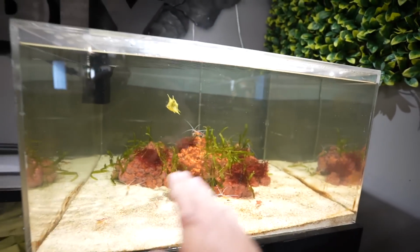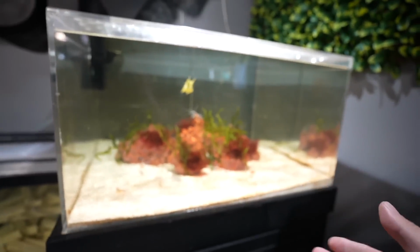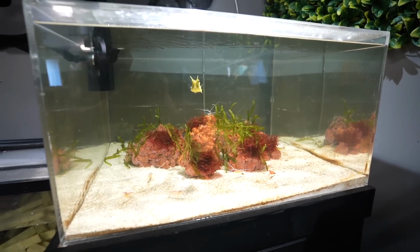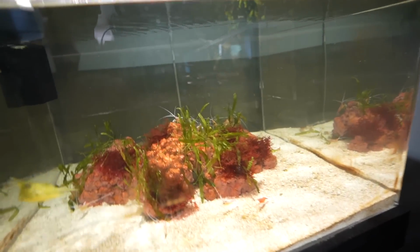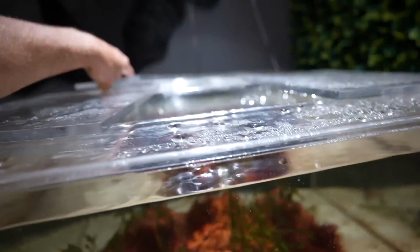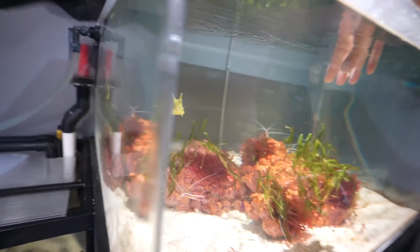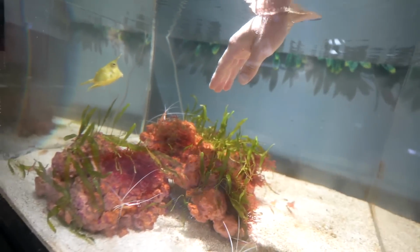But like I was saying, this tank is incredibly fun to have. It looks super boring. There's just one tiny little speck of a fish swimming in there. Name reveal later on in the video. But watch this. These are cleaner shrimp. They are used to, I'm not going to feed them. I'm just going to show you. If I put my hand in here, they will attempt to clean me, or at least interact with me to